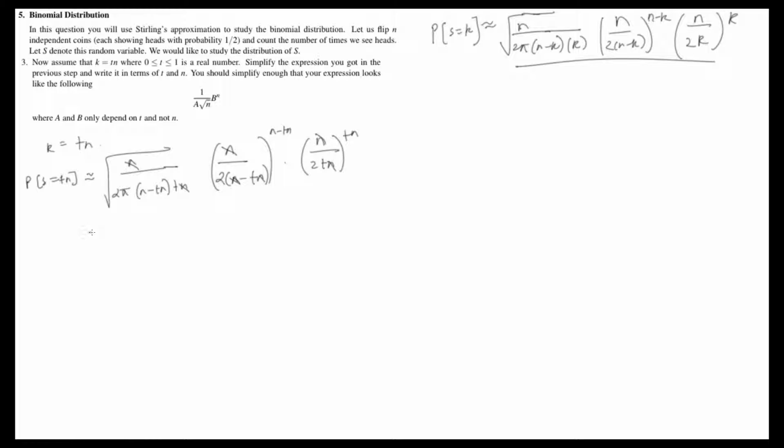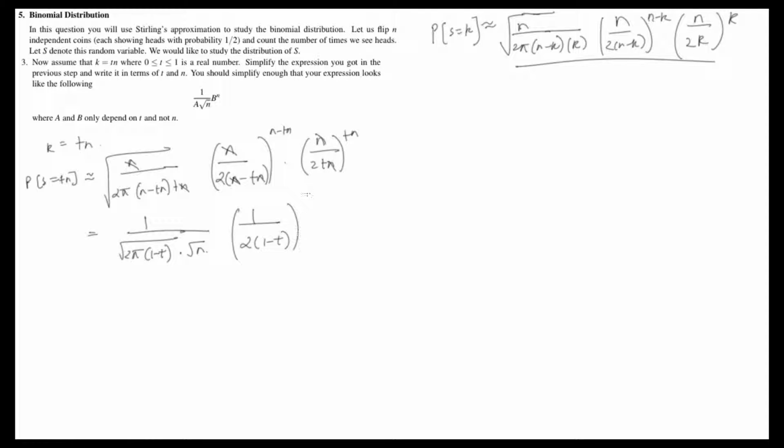So this is equal to 1 over, because there's only a 1 on top, I'm going to pull out the square root and only put it in the denominator, 2 pi times 1 minus t. If we pull out the n from inside here, we get a 1 minus t, and I'm going to just write the square root n separately, times square root n, times 1 over 2 times 1 minus t